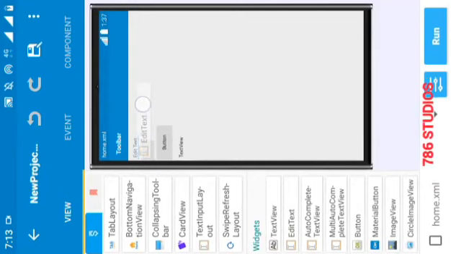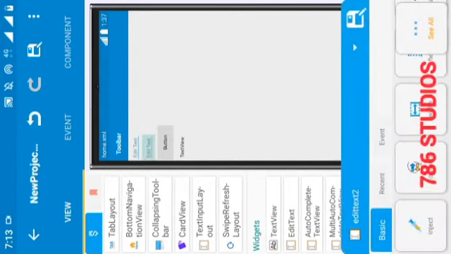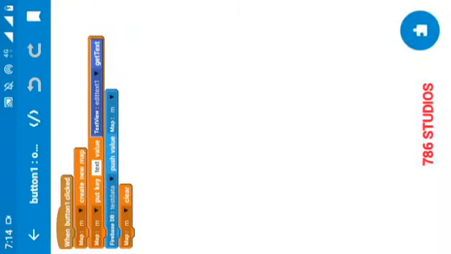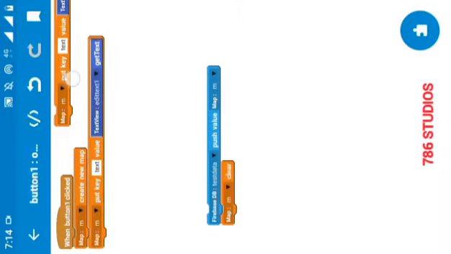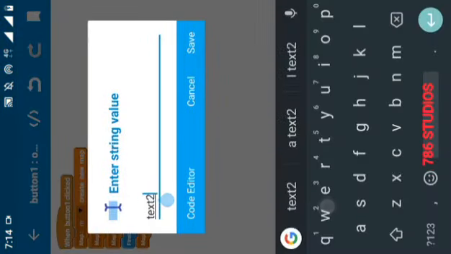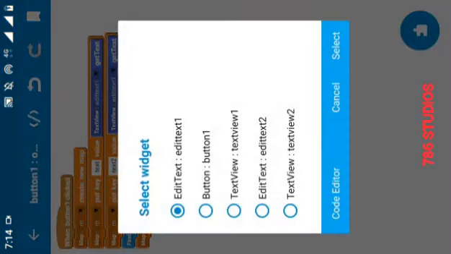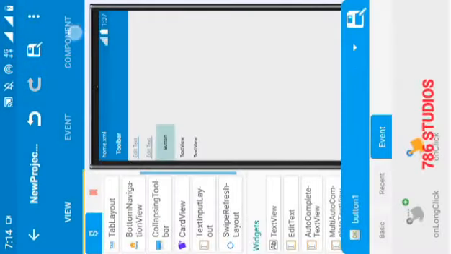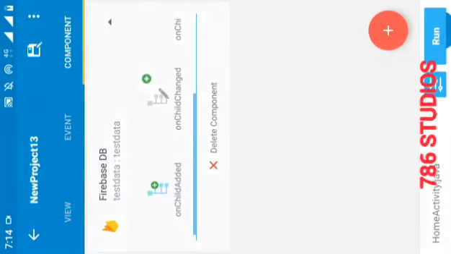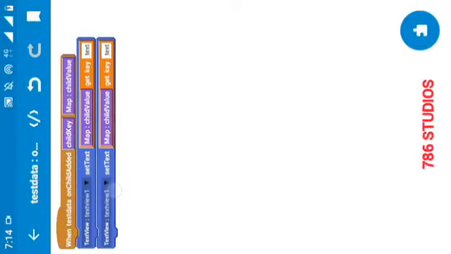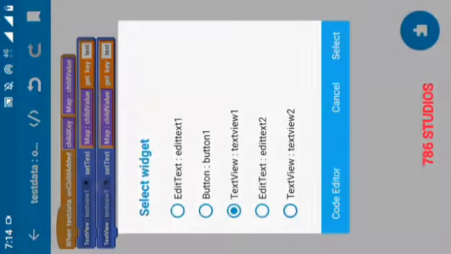Now I will show you why that error occurs. So now I am adding one more value, adding one more edit text and one more text view. On the button click, I will add one more key with the name text2 and value edit text2. And inside on child added event, I will copy this simply for getting the text2 value to text view 2.